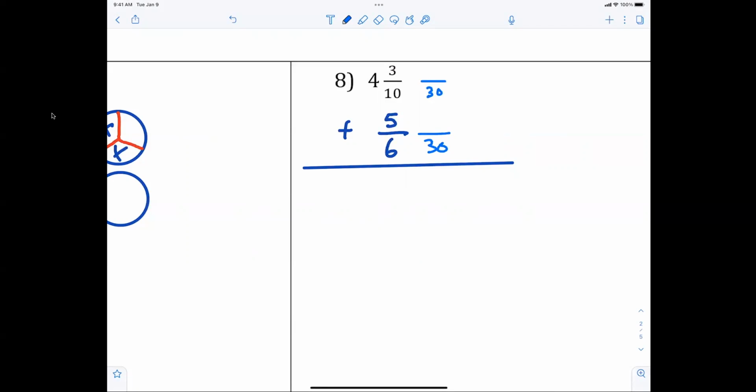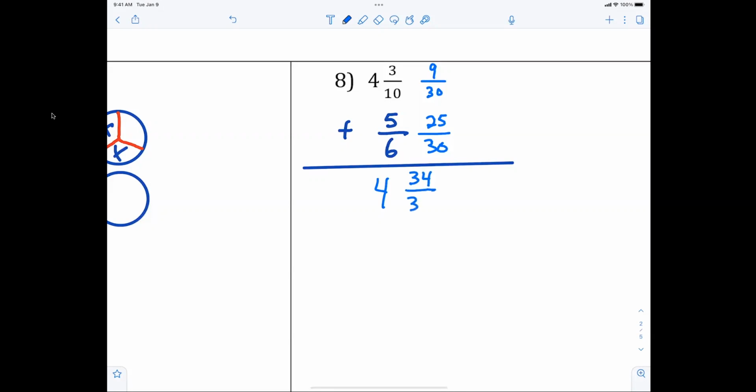So what am I multiplying the first fraction by? 3. So that's going to be a what? 9 over 30. What am I multiplying the bottom fraction by? 5, which makes it a what? Everybody happy with that? 25/30. Is everybody good? Now I'm adding the whole numbers. When I add the whole numbers, I get a what? 4. When I add the fractions, I get